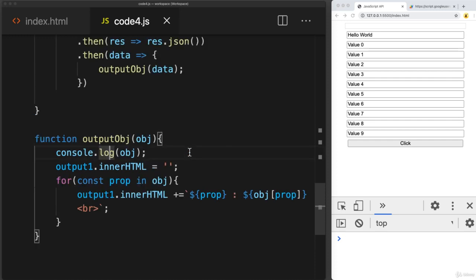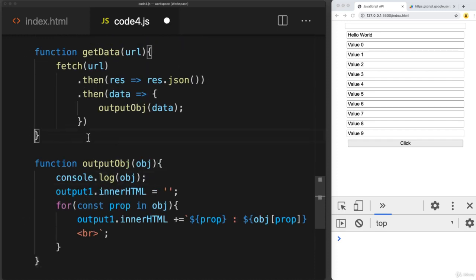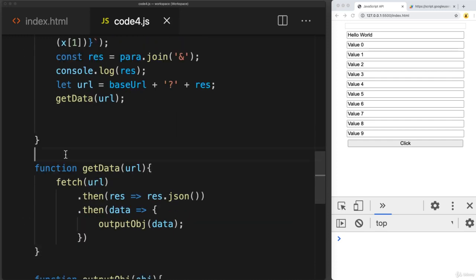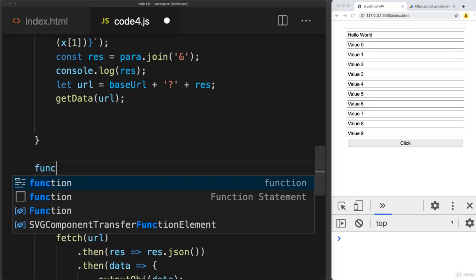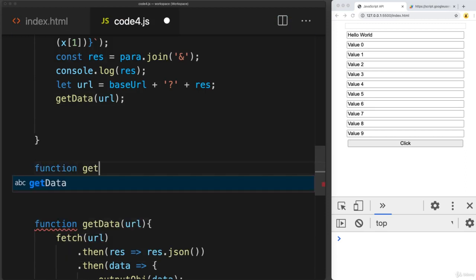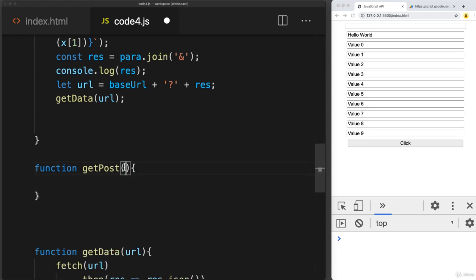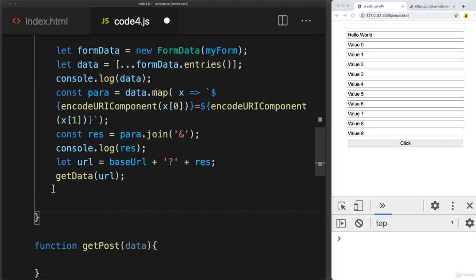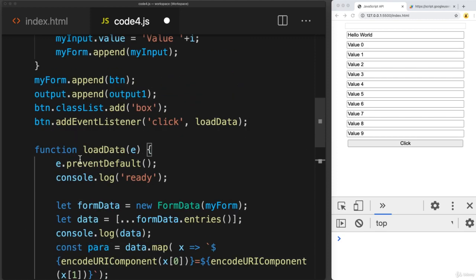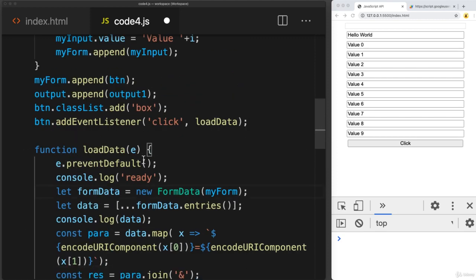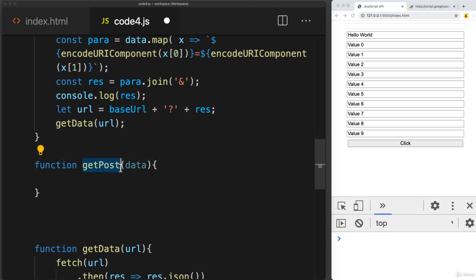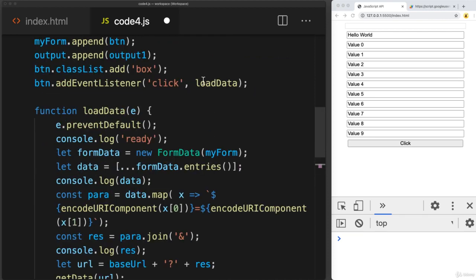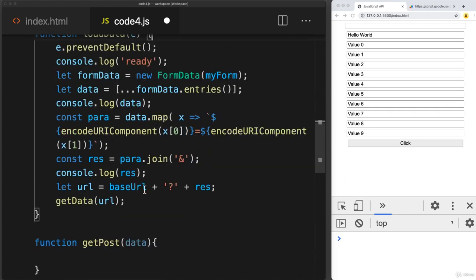So we can update this to a post method as well. Let's make some updates to it. We'll create a new function, and this one can be get post. And what this will do is this will get the post data and do the request. So we need to pick up the data first. And instead of load data, it'll go directly to get post. So we'll remove out the load data,